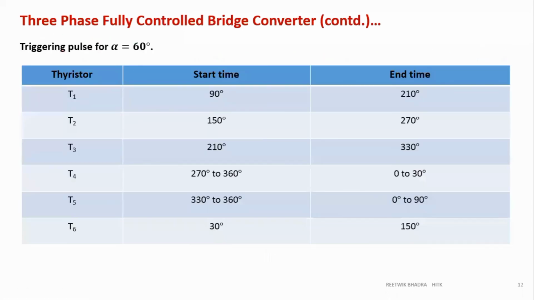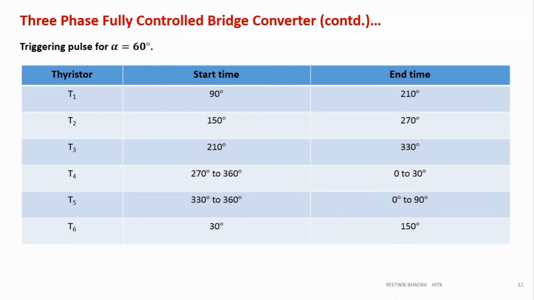Now you can take any firing angle, suppose 60 degree. I have taken another example also. For 60 degree, you can use the table, right? So put 60 degree in the table and get the values. But if you are getting 270, then it should end at 360. Okay, if the total duration is 120 degree, then no problem. See, if you are taking 210 and adding 120 to it, it ends at 330. So not a problem for us. But if it goes beyond 330, then it will be a problem for us.